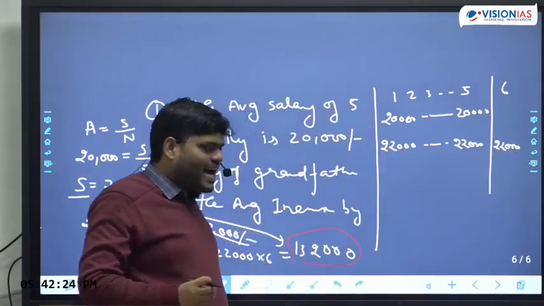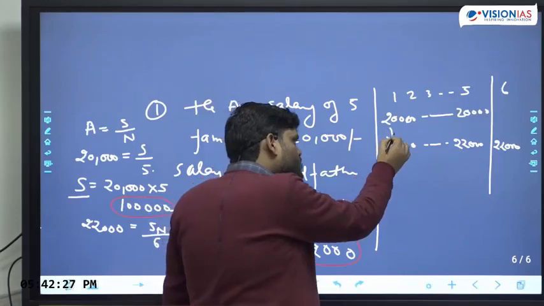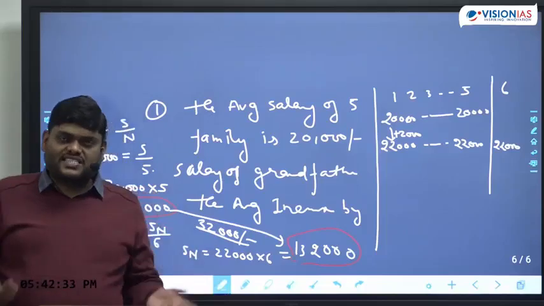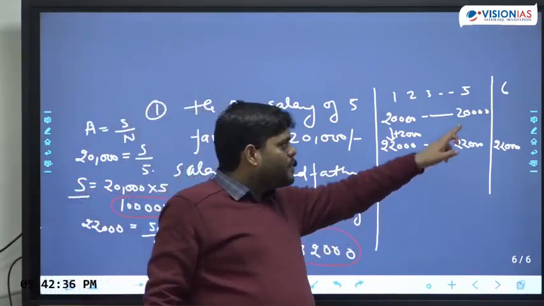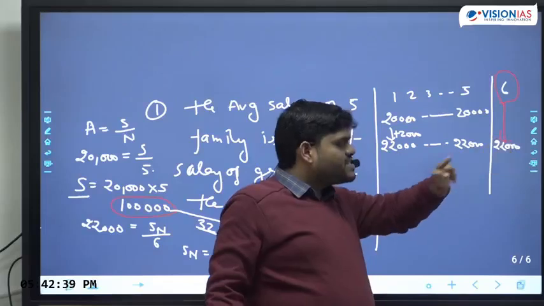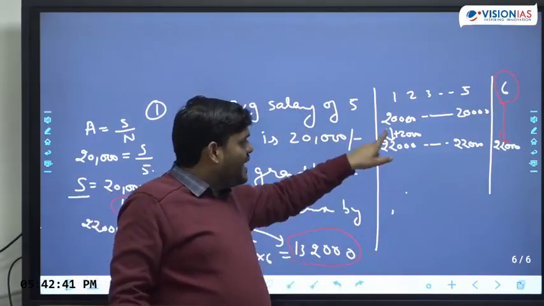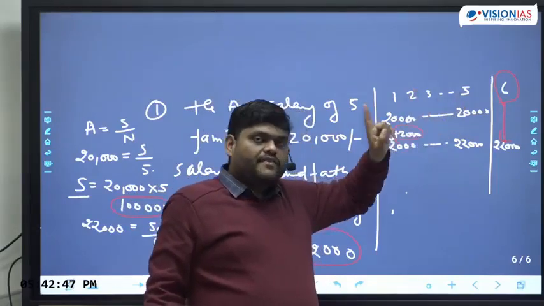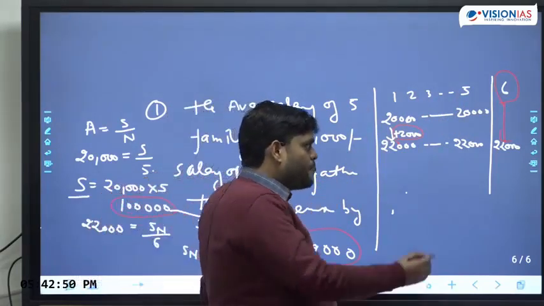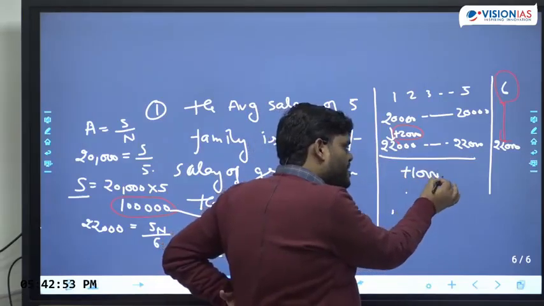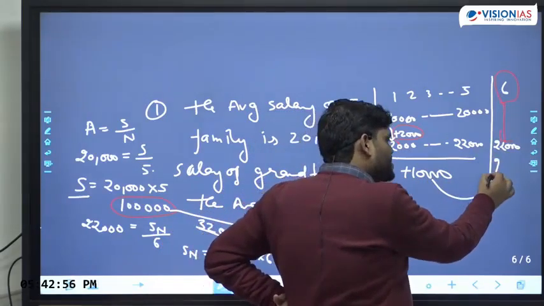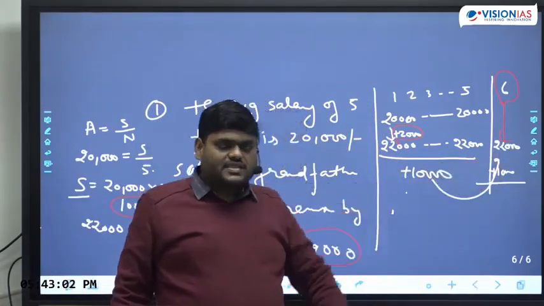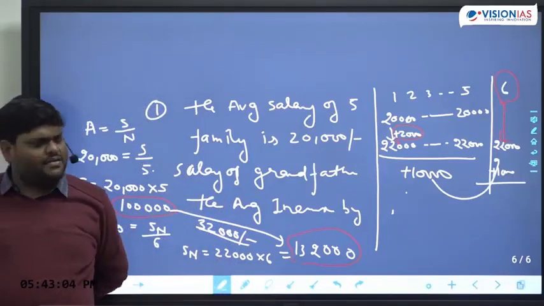Now the question arises, why is there an increment of 2,000 here? The simple answer is that the increment occurs only because the person who is coming, he is coming with some extra value. And how much extra value? In each person there is an increment of 2,000. So for 5 people there will be an increment of 10,000 rupees. That means whatever 10,000 extra these 5 people are getting, this is coming from the grandfather's salary. So from here I can say that the grandfather's salary is 32,000 rupees, and this you can do without pen